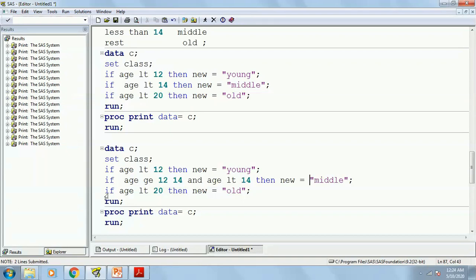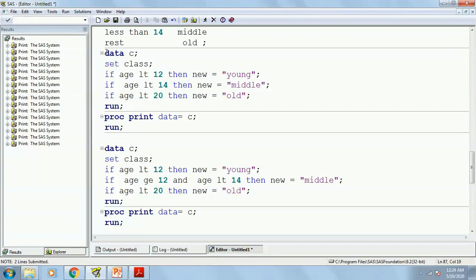So I have to write a lot more code for this one. Every time I need to use the AND statement over here. If age greater than 12 and age less than 14, then new equals to middle. Similarly for old as well I need to do it, but there is an easier way to do it.